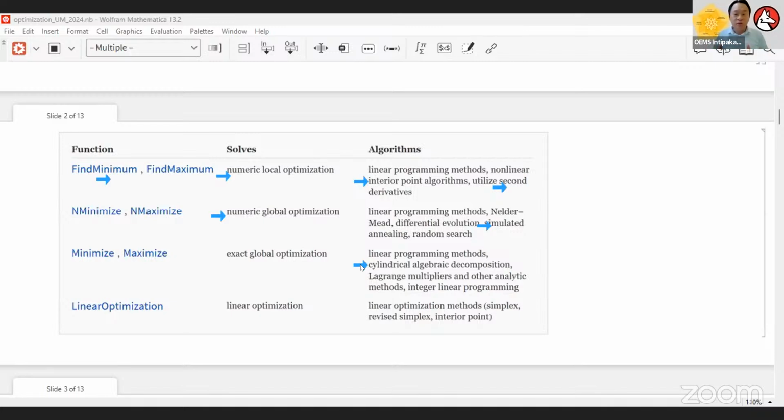Later on, I'll show you where to look for detailed explanations of how the methods are utilized, either manually or automatically. So this is a quick overview at the very top level. And of course, when it comes to linear optimization, linear programming, we have the simplex method, interior point, and so forth, and many other methods available for our own use.